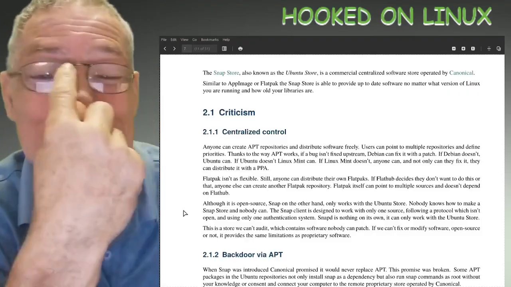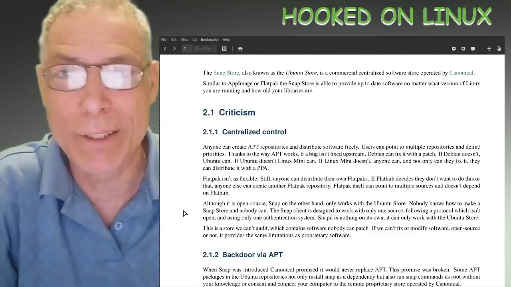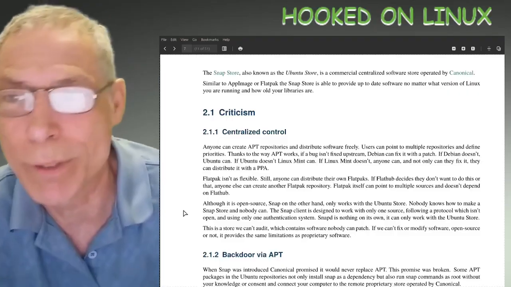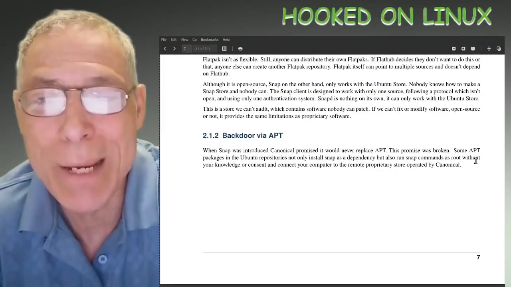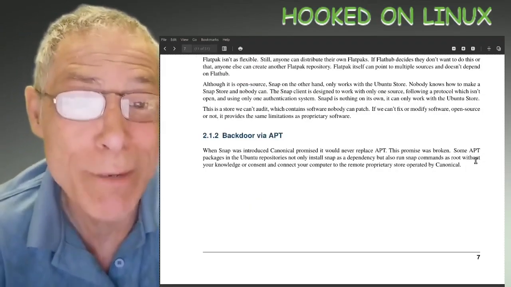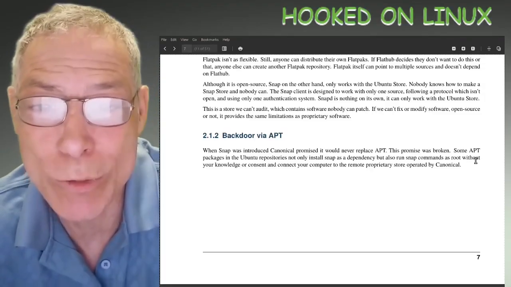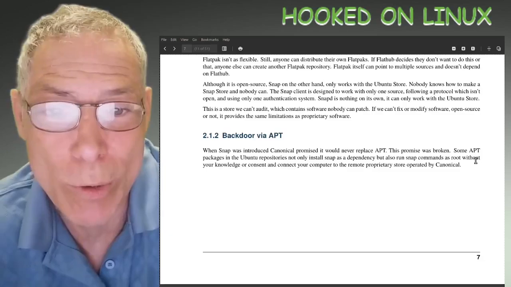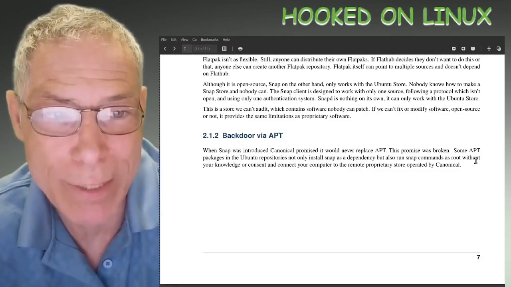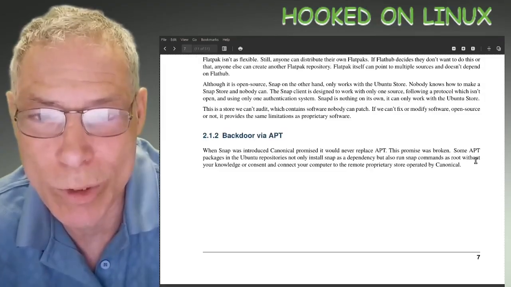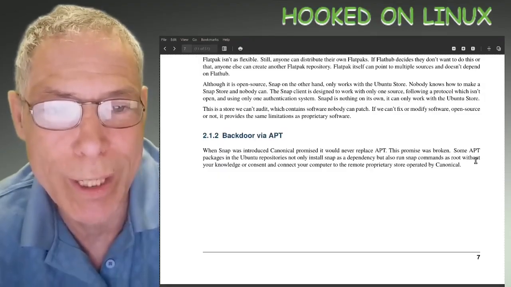So the developers of Linux Mint see this technically as a proprietary software distributor, and that's why they put it out. When Snap was introduced, Canonical promised it would never replace APT. This promise was broken. Some APT packages in the Ubuntu repositories not only install Snap as a dependency, but also run Snap commands as root without your knowledge or consent, and connect your computer to the remote proprietary store operated